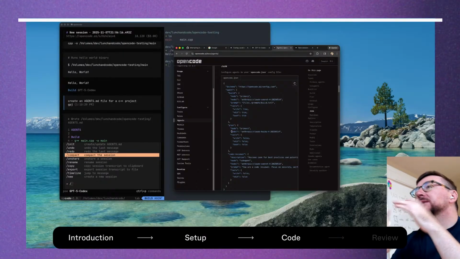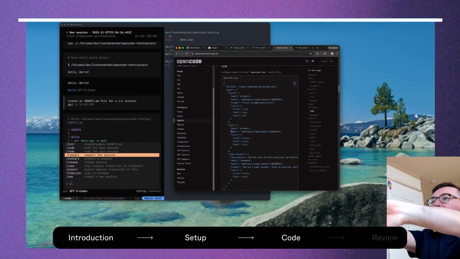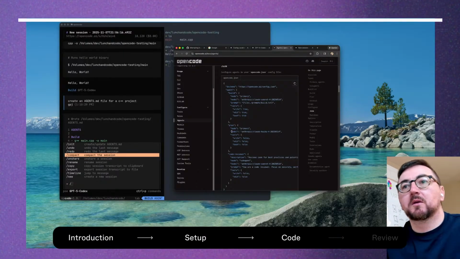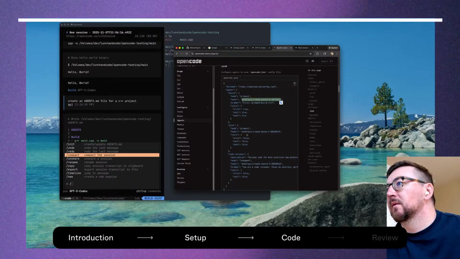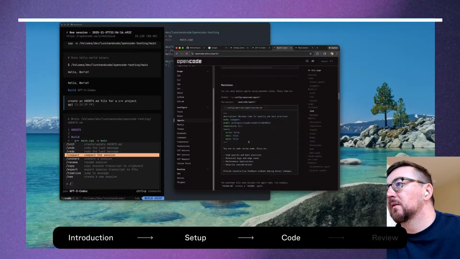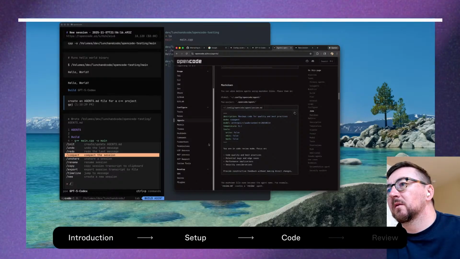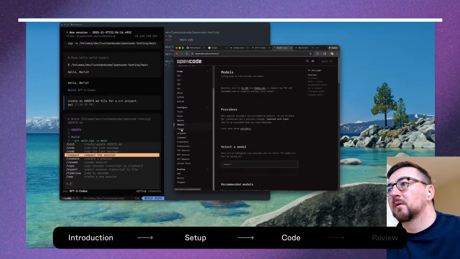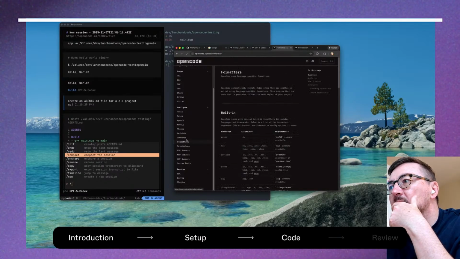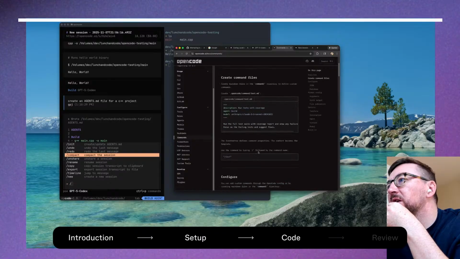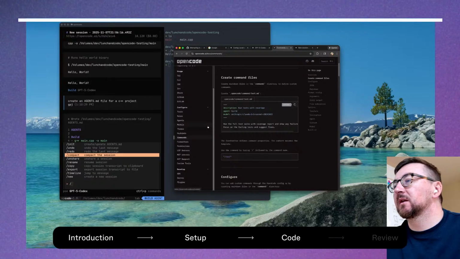Okay, this is good to know. Oh, I can create a command. Wow. Okay, so if I get this,